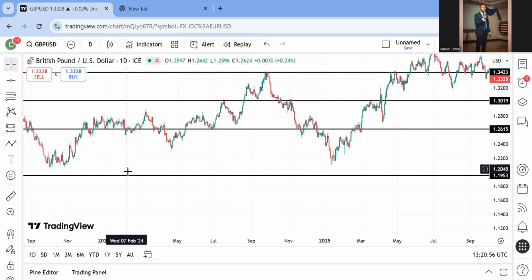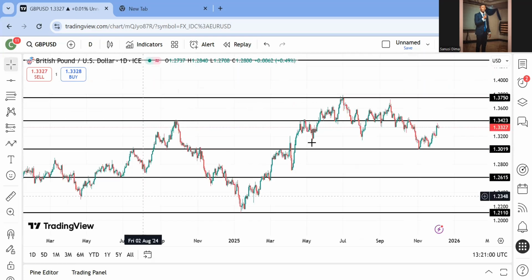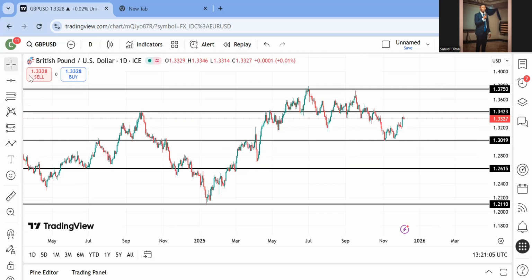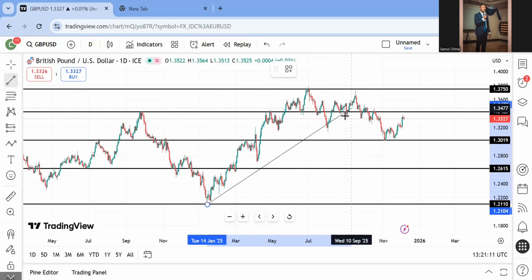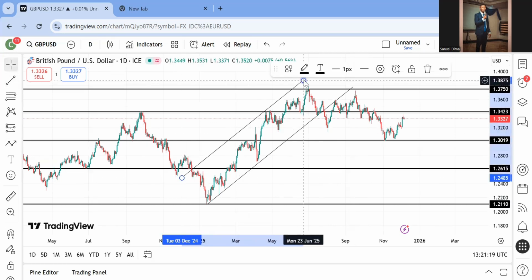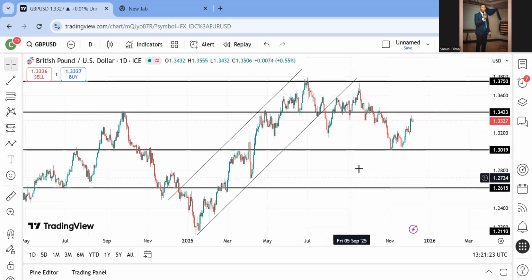Yeah, so I'm only going to adjust this one to this point. All right, so now looking at the daily time frame, we were trending up. Okay, we were trending up all the way this way. It was an uptrend, just this way. We were trending up properly, but for some reason,